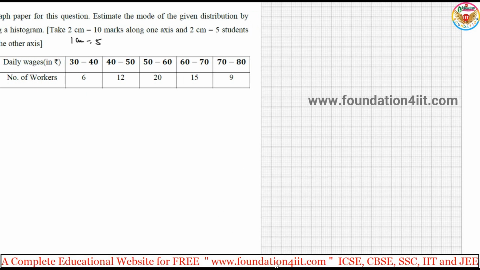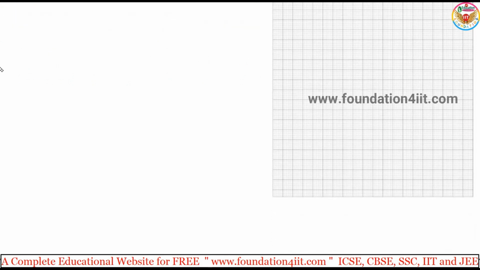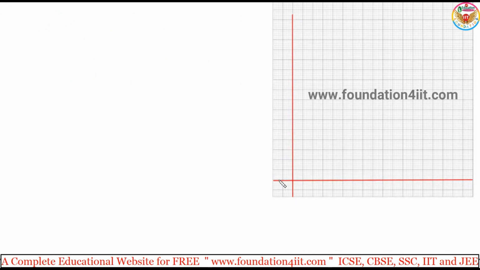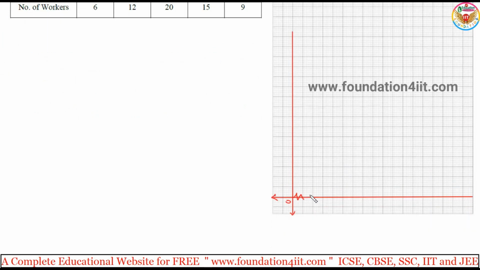Okay, let us take this. 30 to 40, 40 to 50. Start from the 0. If you take the line, let me take this vertical line, horizontal. So it's not from the 0, so you can use this kink symbol. And as they mentioned, you can take according to this 1 centimeter 5 units. This is on the x-axis. First is 80. If you take 5, 10, so 10 centimeters, you just mark according to your original graph.